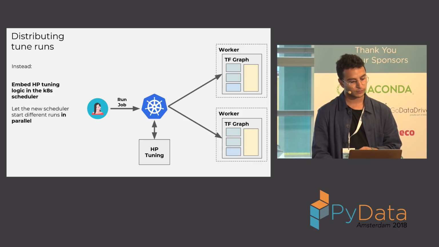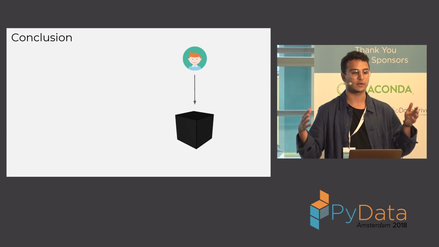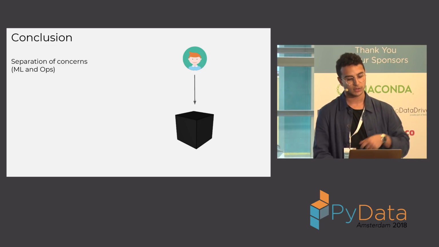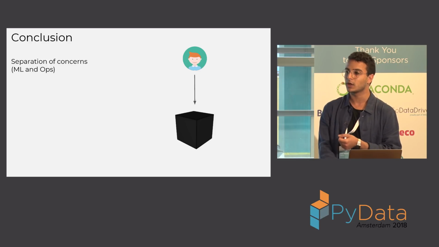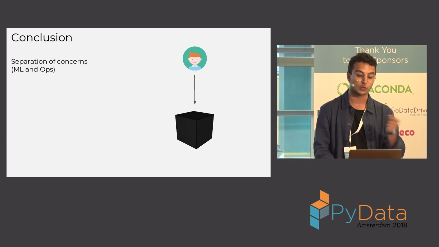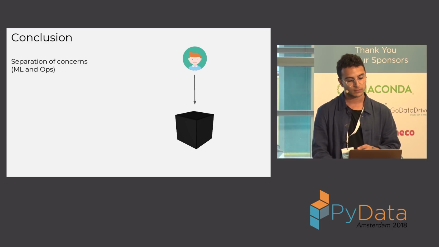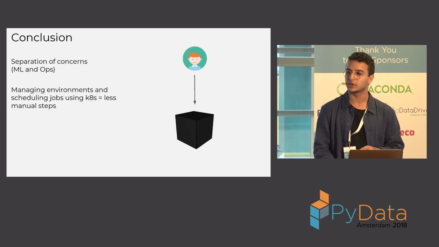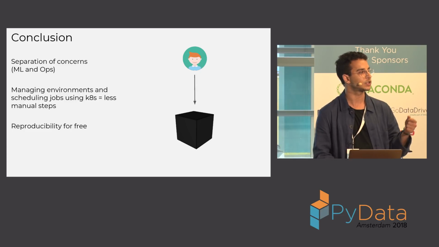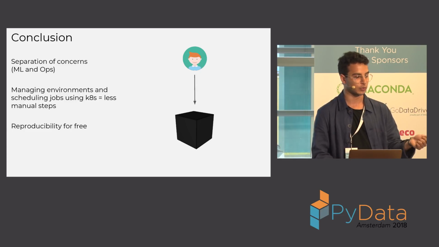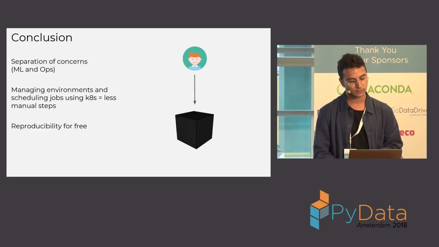by using Kubeflow. So to recap again, what we did was separating the concerns: machine learning from machine learning operations. Data scientists do modeling, and the operations are done automatically behind the scenes by using tools like Docker, Kubernetes, and Jenkins to do the scheduling, to fire these jobs. And managing environments using Kubernetes, because these environments are pre-built as Docker images, as we defined. And you can have reproducibility in the sense that you can trace back what happened by checking in Git what the data scientist has just pushed and what Jenkins has just scheduled on Kubernetes.